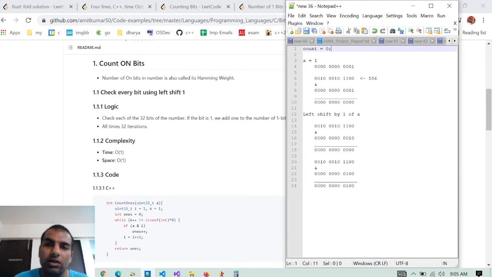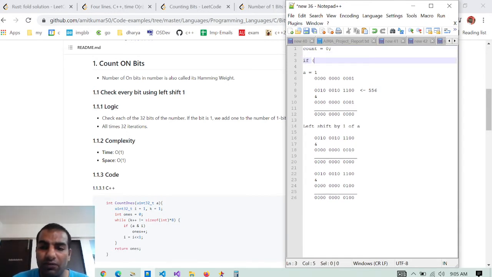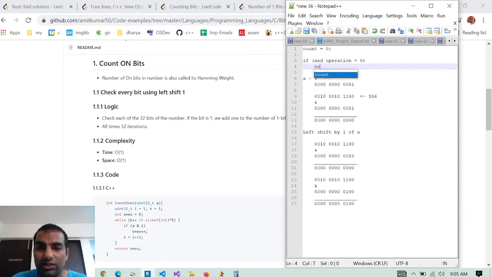So our logic is, if this AND operation results in a number greater than 0, then we increment the count by 1. Similarly, when we left shift this 1 to this position, count becomes 1.